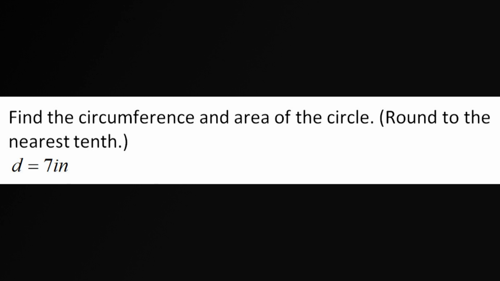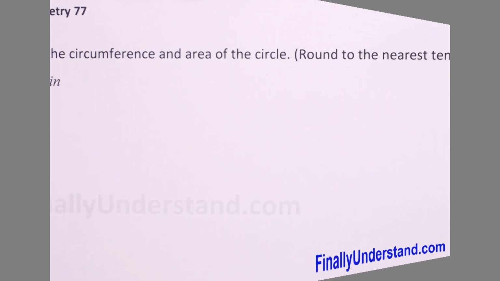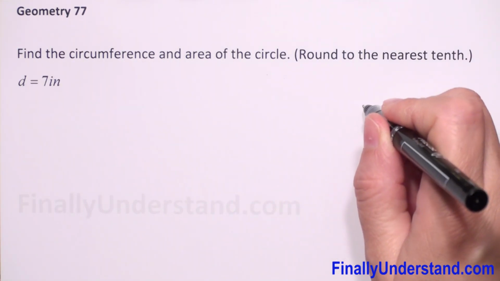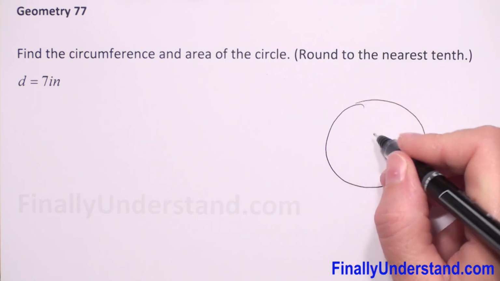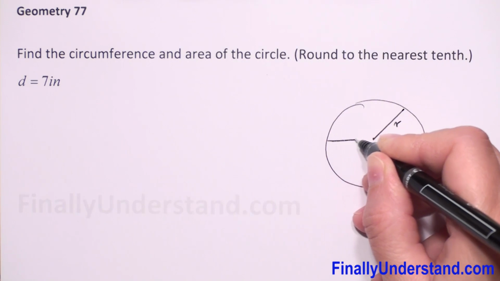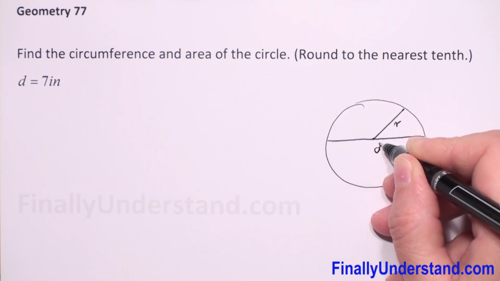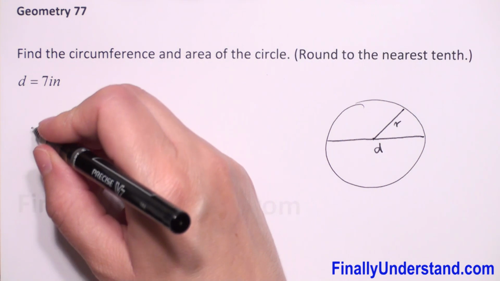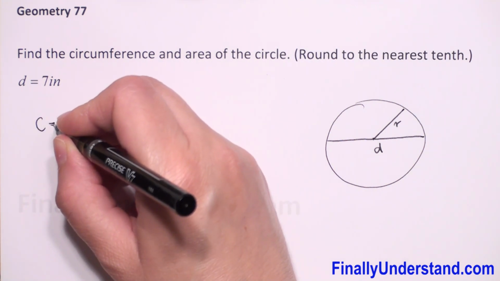We have given diameter d, and we have to find circumference and area of circle. So let's draw a circle. We know that diameter is 2r. So let me remind you formula for circumference. We have that c is equal